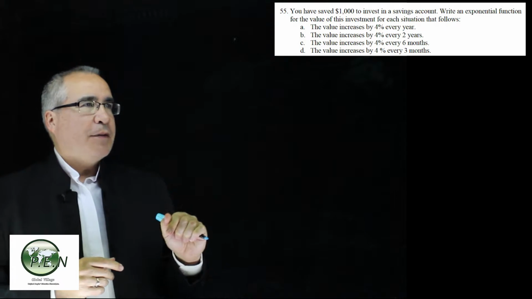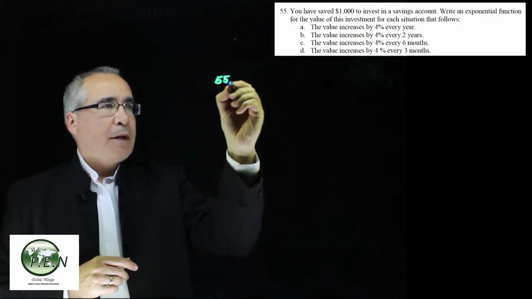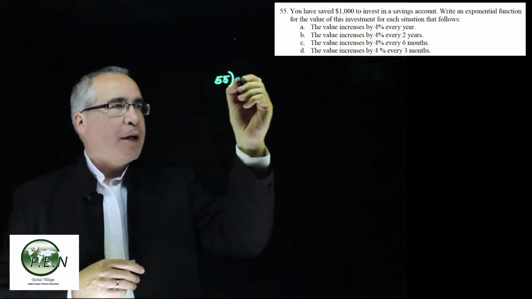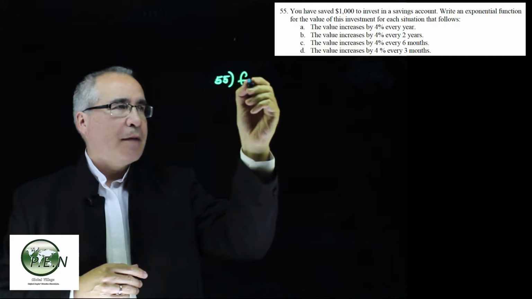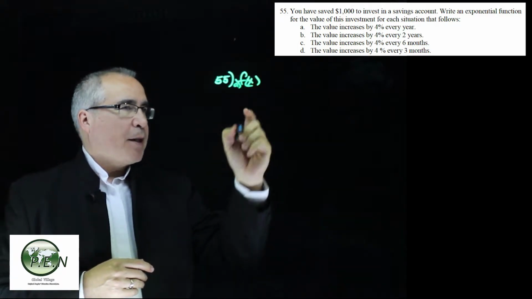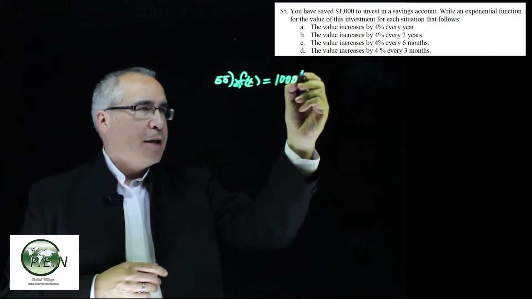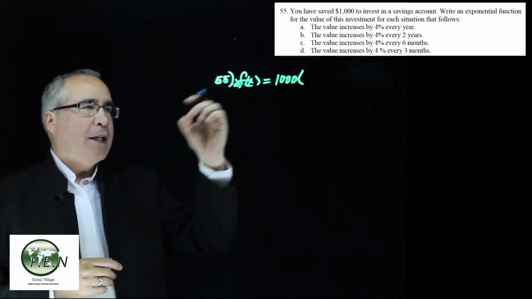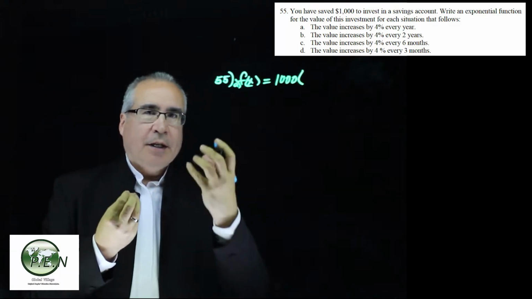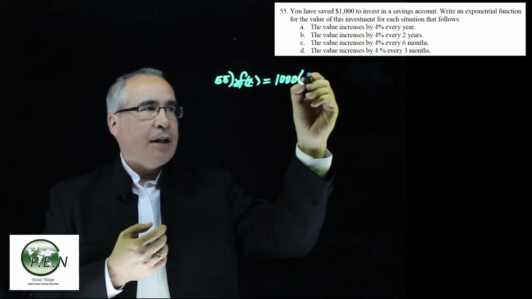So this question 55. Kind of like the last few ones, we set up the function the same way. We've got some function, f of x, and we'll do this for the a part. We have our starting value of $1,000, and we're investing it. It's going to increase by 4%, so that's 100% plus 4%, so 104%, and as a decimal that gets written